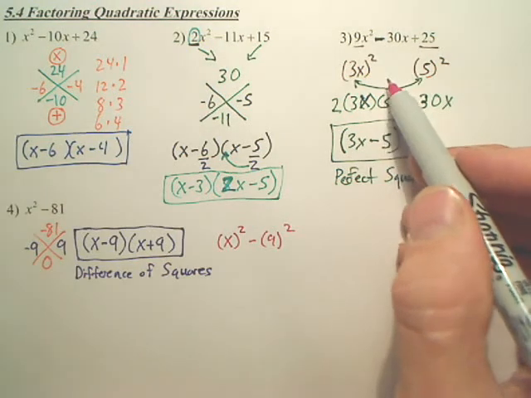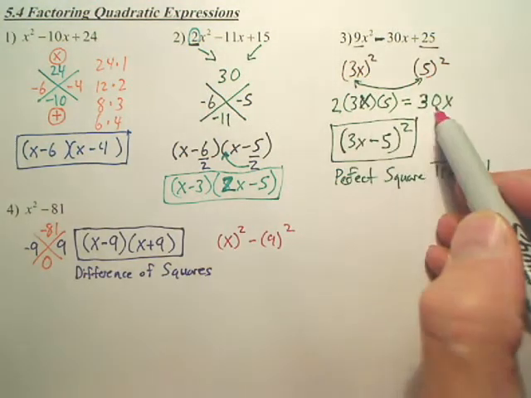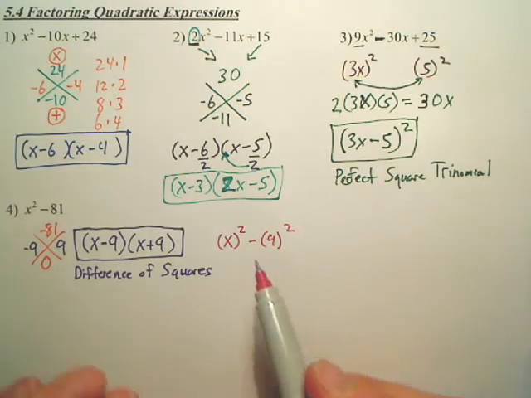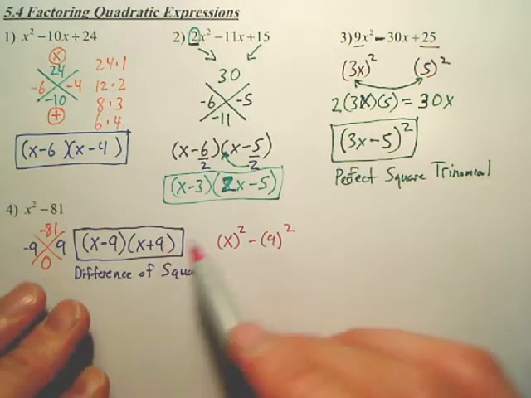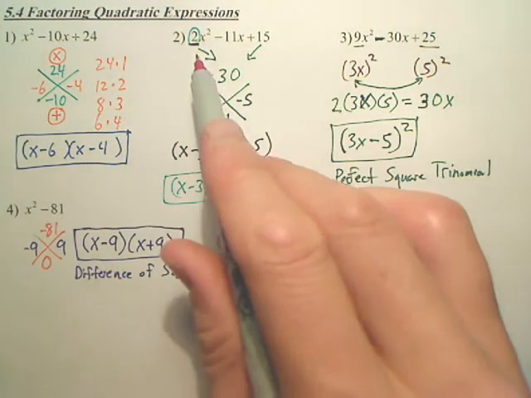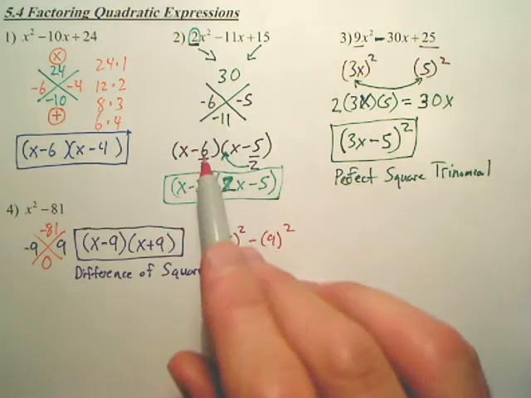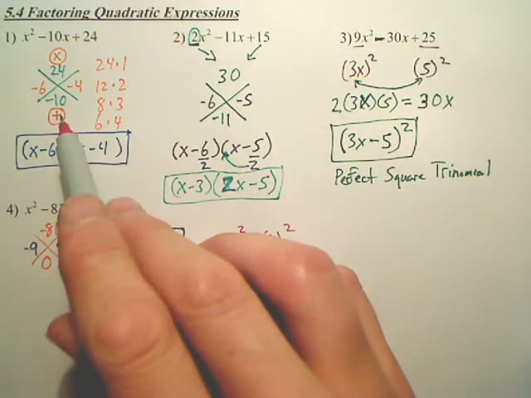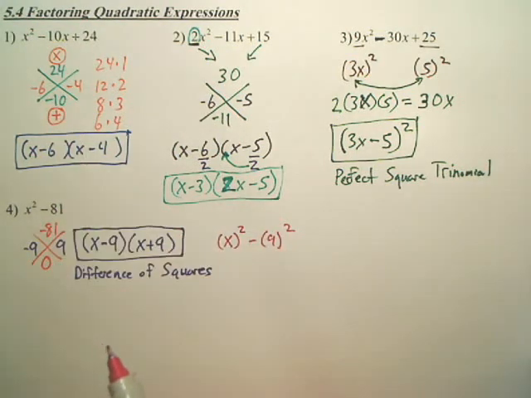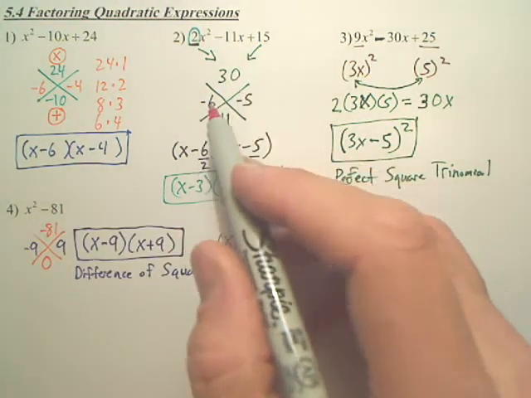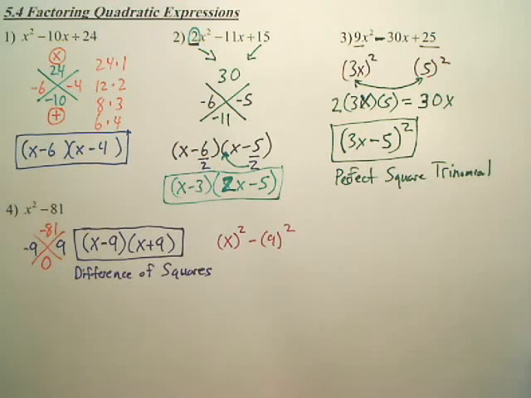It's very similar to this one, except this one you had to multiply double it to check the middle. But they're kind of similar, but they're still different. This one, don't forget to divide out the GCF, not the GCF, the coefficient. And these, be happy, they're easy. Just make sure you can learn how to do these x things. People call them diamonds, but